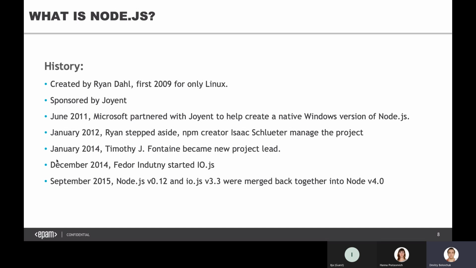A bit of history, some boring stuff, I know, but still. There is a developer who thought about running JavaScript not only in the browser but outside the browser. He was not the first one who thought about this, but he was the first one who created something tangible and useful for not only himself. It was in 2009. He supported only Linux at that time, but then after a couple of years of community effort, Ryan Dahl was able to actually shift